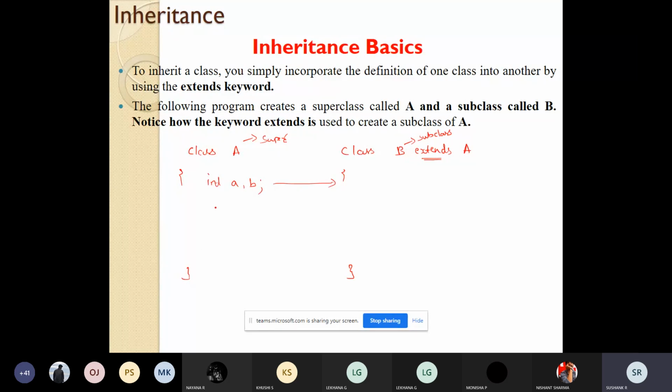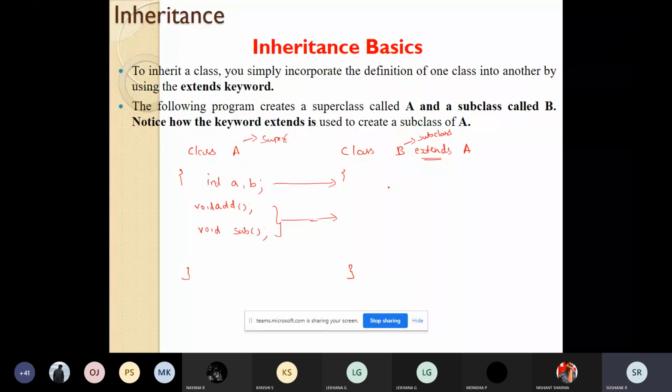If there is a function called add, and a function called subtract, simple examples, these two functions are available in class B also, meaning class B can use the variables and functions of class A. In our example, it can use the variables a and b and the functions add and subtract.